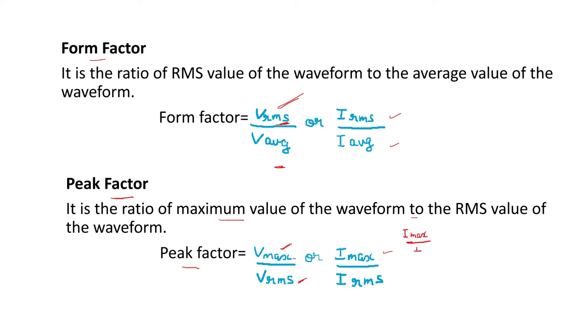For sine or cosine waves, Imax upon Irms is root 2. Therefore, the peak factor for sine or cosine waves is root 2. It is a general formula. Whenever you have to find the maximum value, you multiply the RMS value by root 2. And to find the RMS value, you divide the maximum current by root 2. This method is applicable for pure sine and cosine waves. By just knowing this peak factor, you can easily find things as you have seen here.